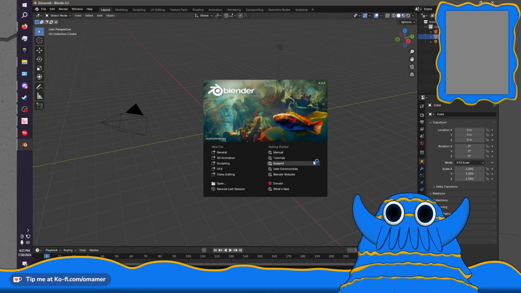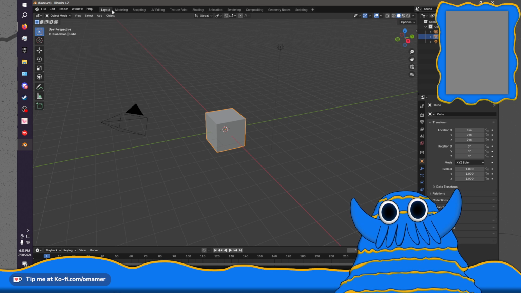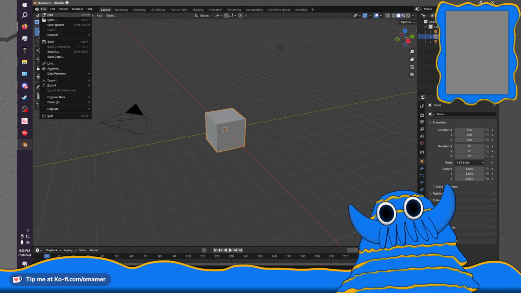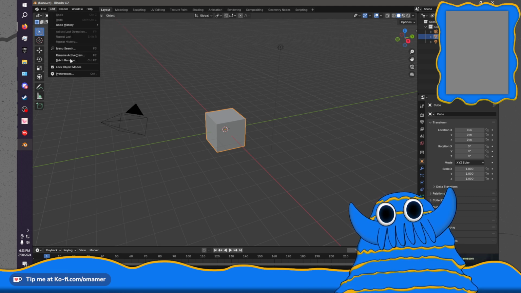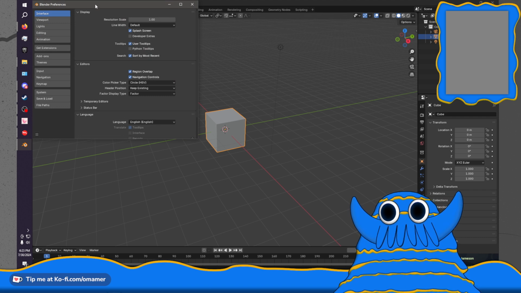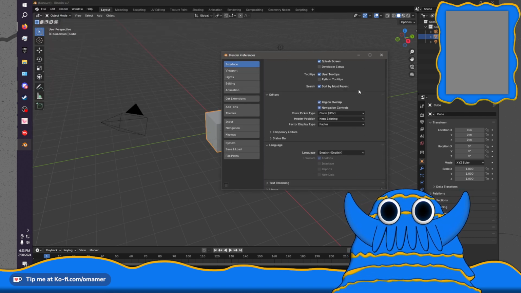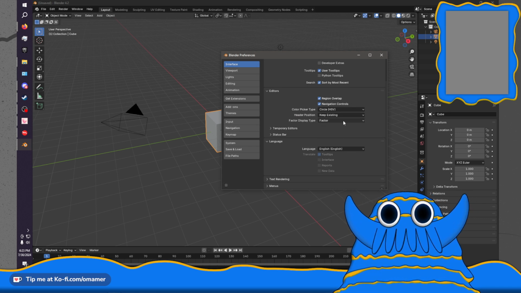There might be something on the main screen. Nope. It's gonna be in Preferences. Resolution scale, that's fine.